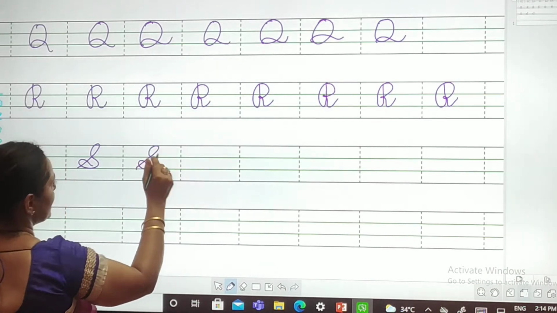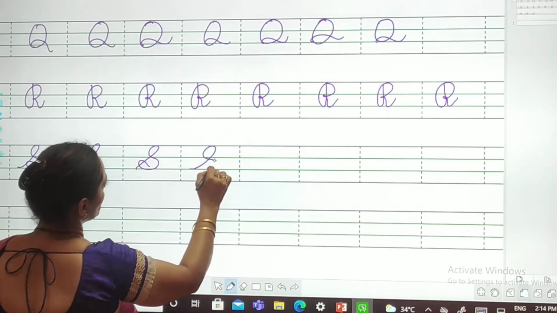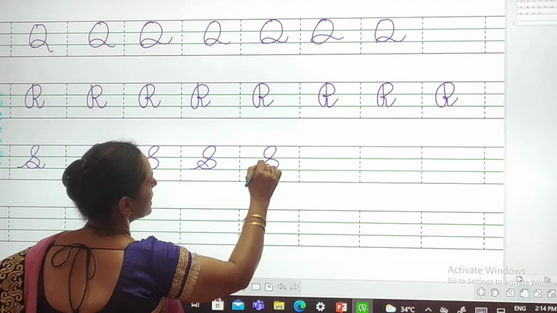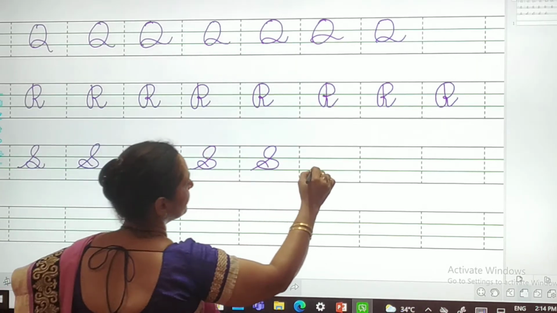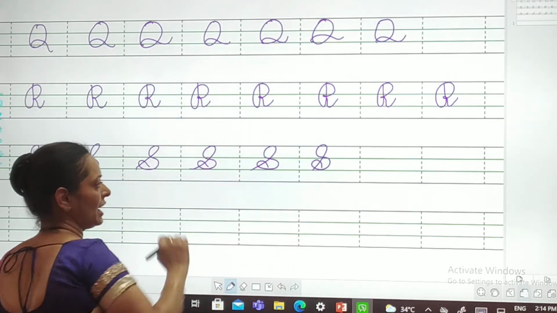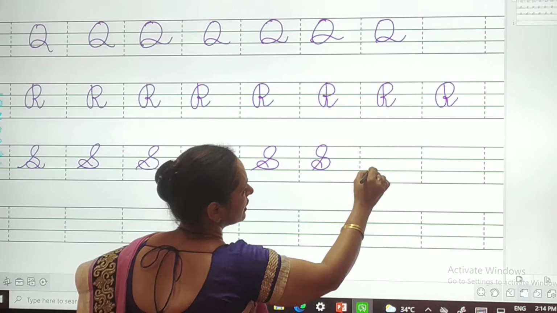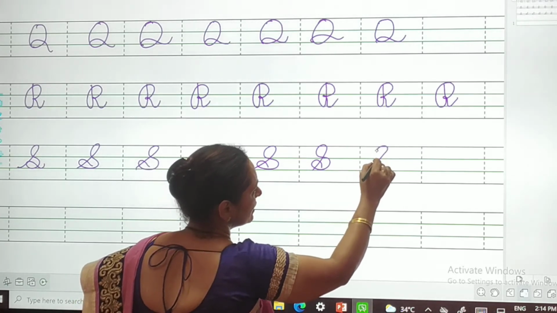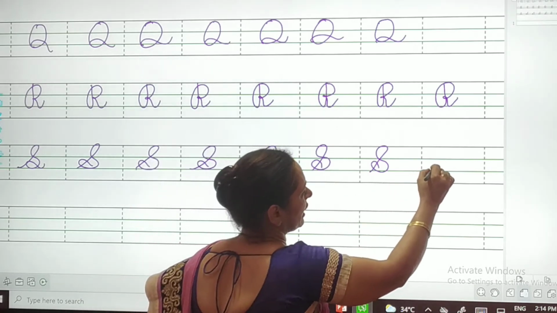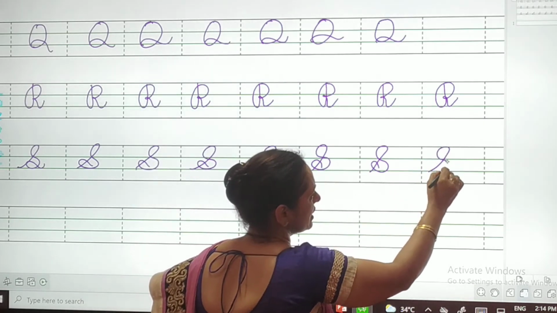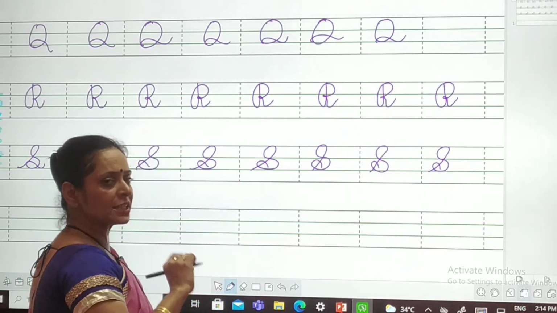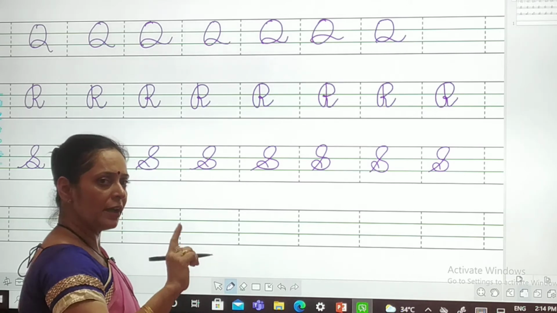It's S. S for sun, S for shoe, S for Soham. In this way, you have to drag your pencil like this. First, the line will go like this, then S, then in this way. Okay, if you find a problem, you can write in this way and in this way. Okay, this is capital cursive S.